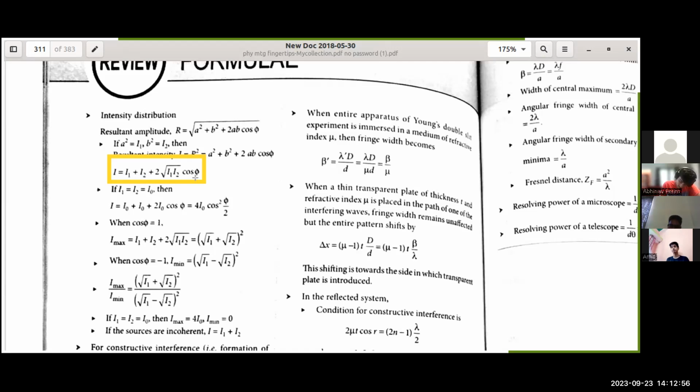Okay. Now there are some results. Everything written after this is a set of results from this yellow formula. So let's see one by one what the results are. The first result is if I1 is equal to I2 is equal to I0, meaning both the sources are of the same intensity. Write it down; in the question it will say both the sources are of same intensity, it won't say I1 equal to I2 equal to I0. So if both the sources are of same intensity, then